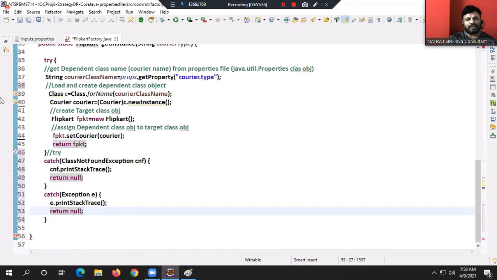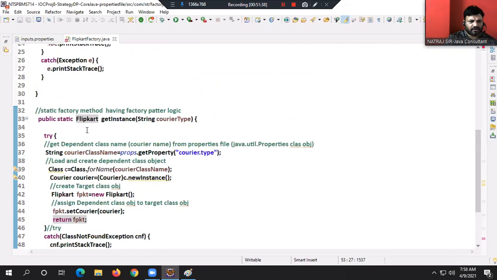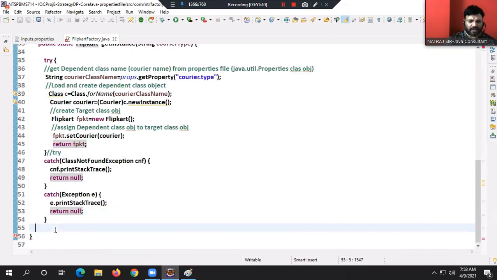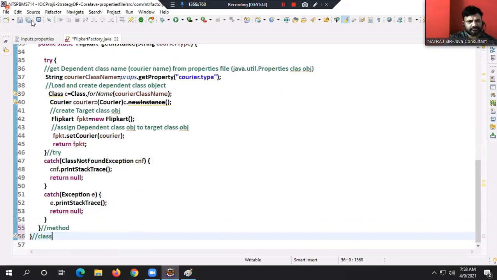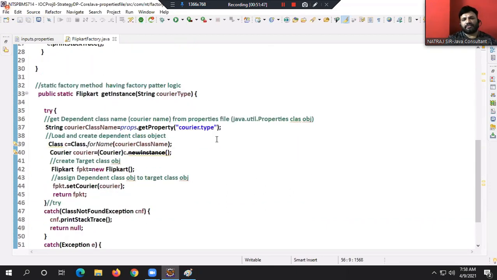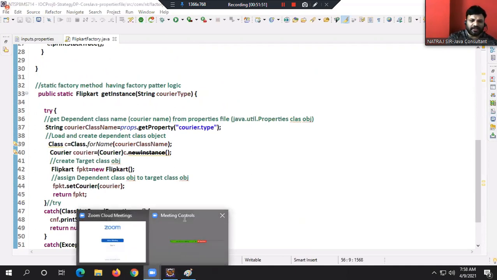I want to return null. Yes, boss. Okay, now end of the try block, end of the method, end of the class, end of the method. But what is the problem, guys? Once everything is properly placed, so